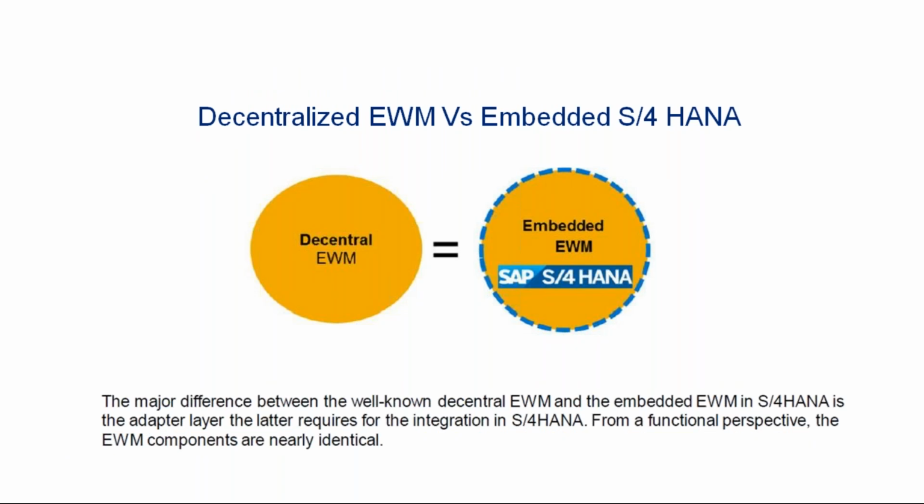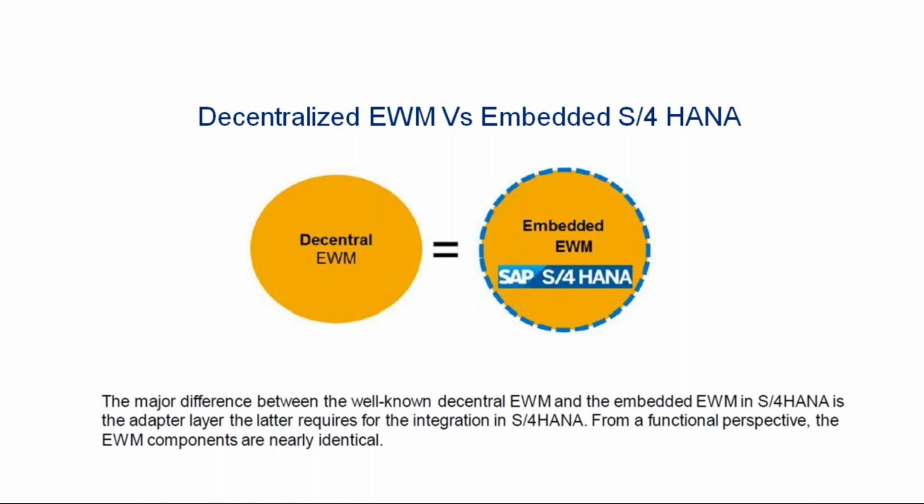If you see decentralized WM versus embedded EWM, when I say decentralized WM, it is on the SCM server. When it is embedded EWM, it is on the S4 server. And with the latest releases, SAP has released decentralized EWM on S4 also. Generally, when I say decentralized EWM, it is on the SCM server, but with the latest versions, SAP has released decentralized versions on S4 also, which means SAP S4 is a high performance analytical solution, like performance is more than this and all.